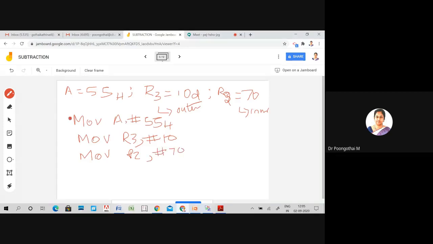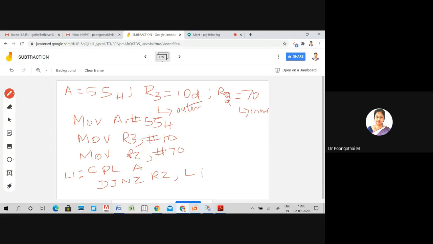So what is the next step? So next step will be complement accumulator. So this is the logic of this program. Every time you have to complement this accumulator content. After that, the decrement jump no zero. So which register should come here? Either R2 or R3. R2 comma L1. You specify your L1 here.